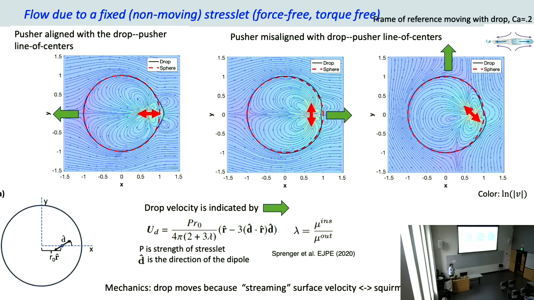The particle is force-free. It all comes because of the boundary, because the stresslet generates a flow, and this flow actually creates a surface flow here, which is non-axisymmetric. So it's like a streaming flow, and pushes the fluid around, the external fluid around the droplet. So you end up with a net motion, like something out of nothing. So the activity gets transduced to a net motion of the container.